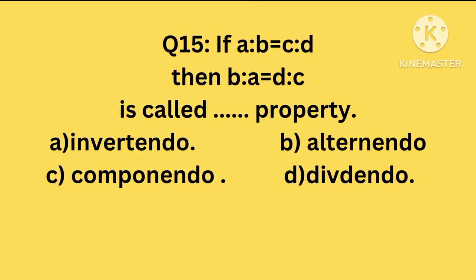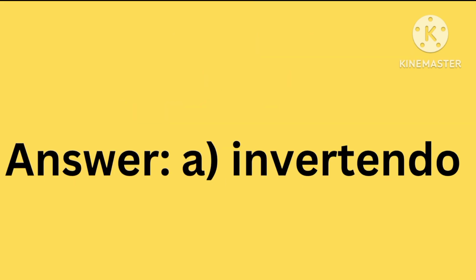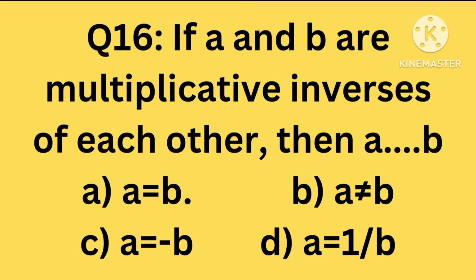Question number 15. If A ratio B is equal to C ratio D, then B ratio A is equal to D ratio C is called which property? Invertendo, alternando, componendo, dividendo. A ratio B का रेसिप्रोकल यानी इनवर्स B ratio A है और C ratio D का इनवर्स D ratio C है। तो दोनों का इनवर्स लिया है, इसलिए इसका नाम इन्वर्टेंडो है।